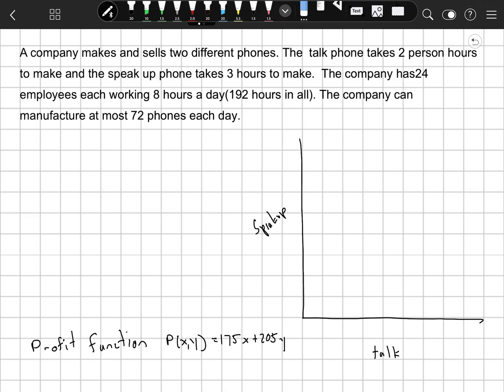I wanted to look at linear programming with you today. This is just an extension of systems of linear inequalities, and this is something that's come up in maybe the last 60 or 70 years. It's fairly new in terms of the math world, and what it does is it helps you to consider all